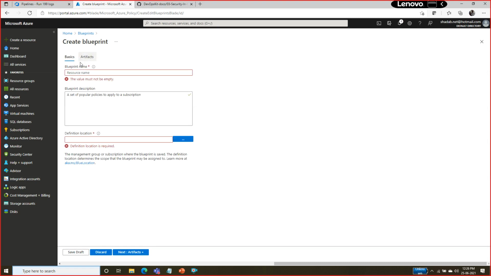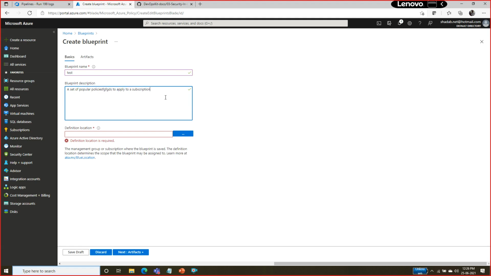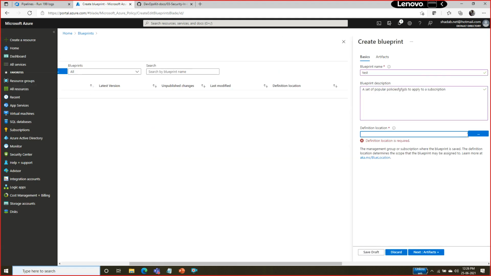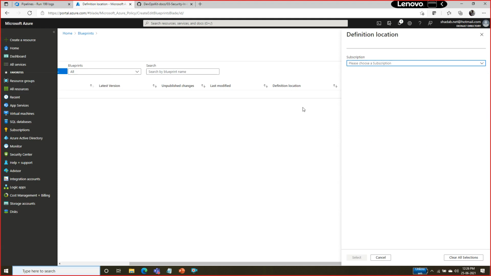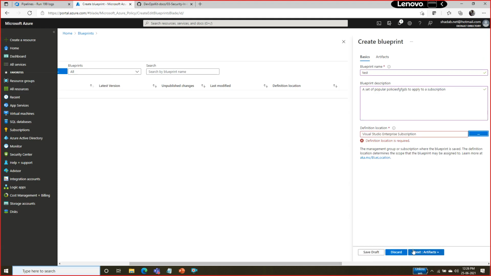You can look at the artifact, you can give a policy name. I can give a test name, give some description, and then say what the location of this is. We can choose the subscription and I can say select and then go to the next.